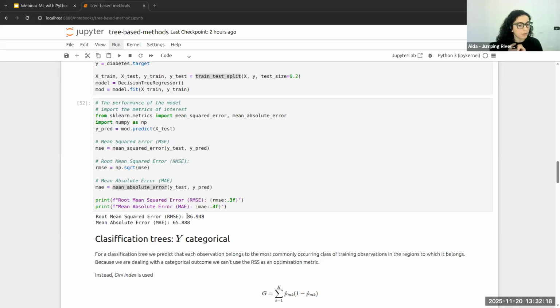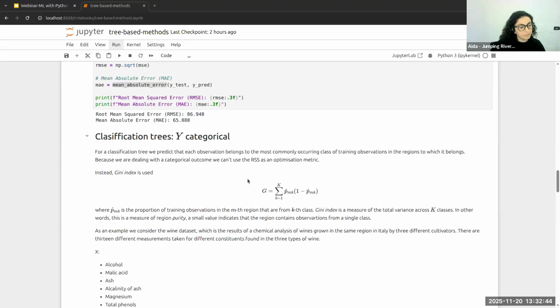They are not comparable, right? Because of the way that they have been calculated. We are going to have a look later on at how we can use these metrics to compare with other methods and check if the model has performed better within another method. But they are not comparable at this stage.